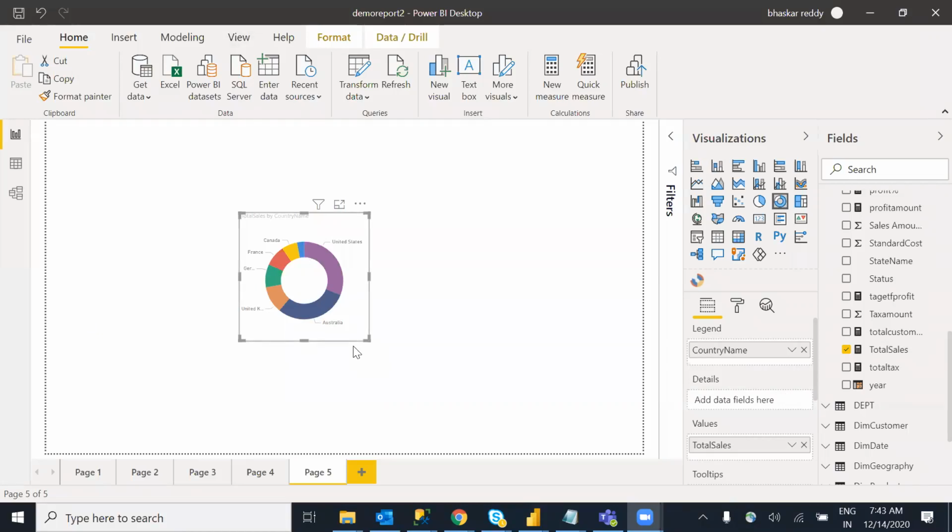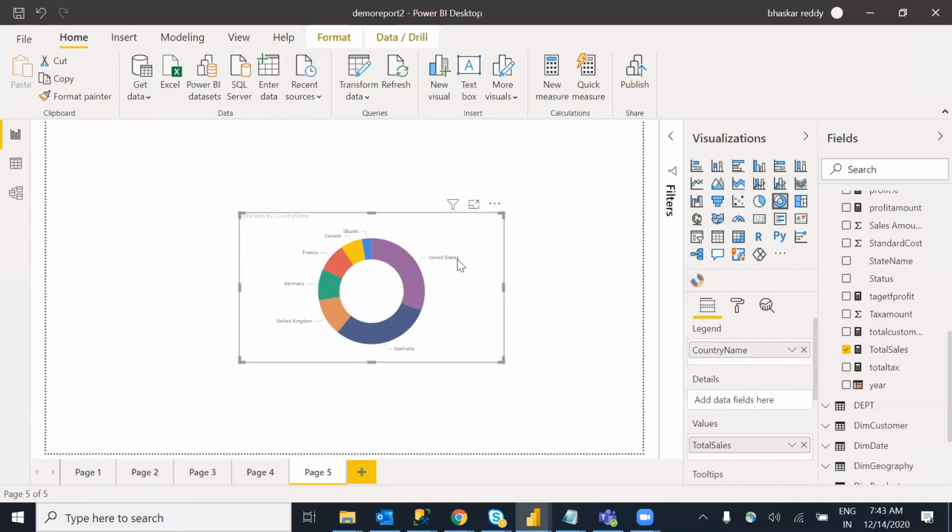Here the names are displaying outside, but I want them inside, on top of it. We don't have such kind of visualization over here.